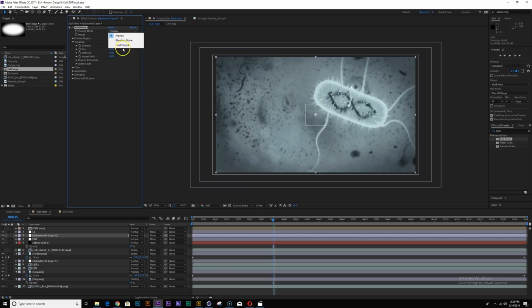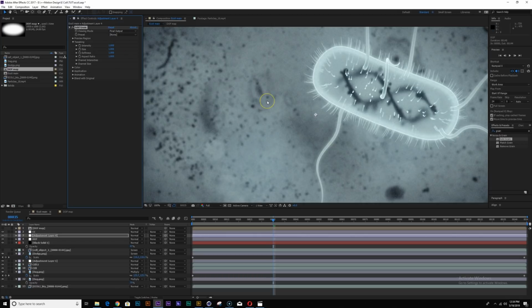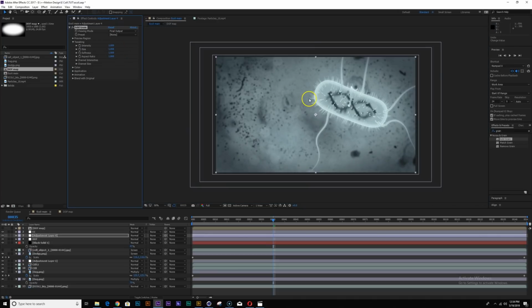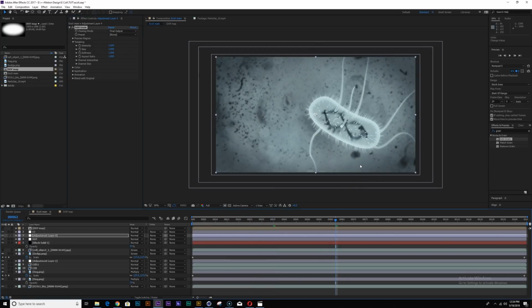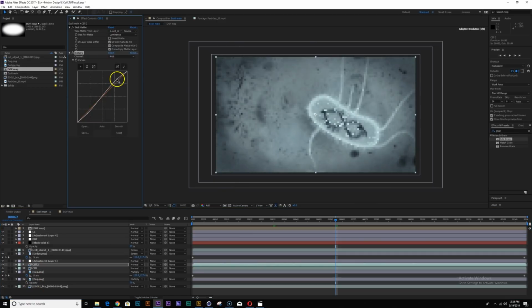So let's change the preview mode to final. Nice. And we can play with the intensity, maybe lower it down. But I think I like it up like that. So let me play with this.